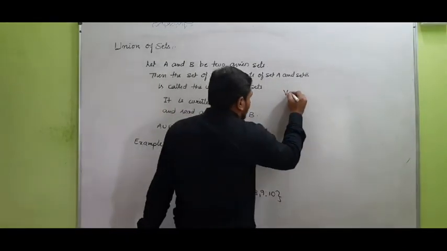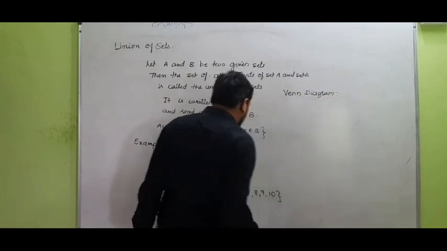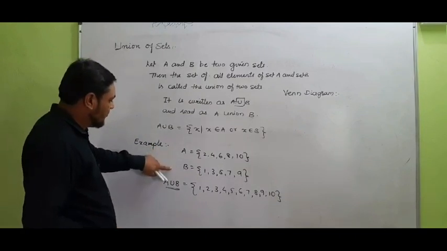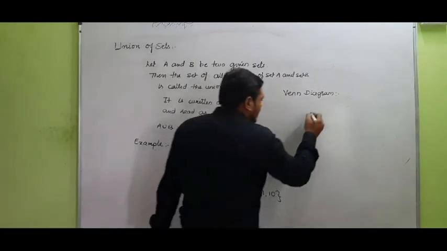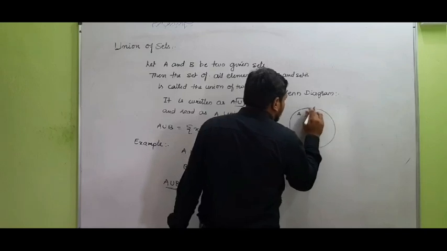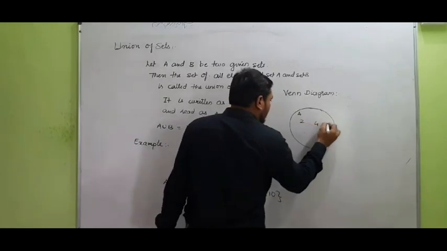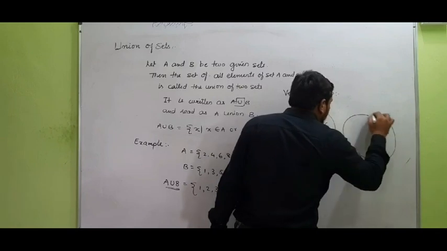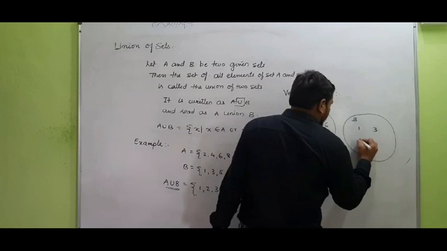So we will draw the Venn diagram for this. Students, in order to draw the Venn diagram, we will take one diagram for A and another diagram for B, as there is no common element in these two sets. That is why we will not take any common part. So let us consider this as set A. A contains the elements 2, 4, 6, 8, 10, and I will take another set, B. This B contains the elements 1, 3, 5, 7, 9.